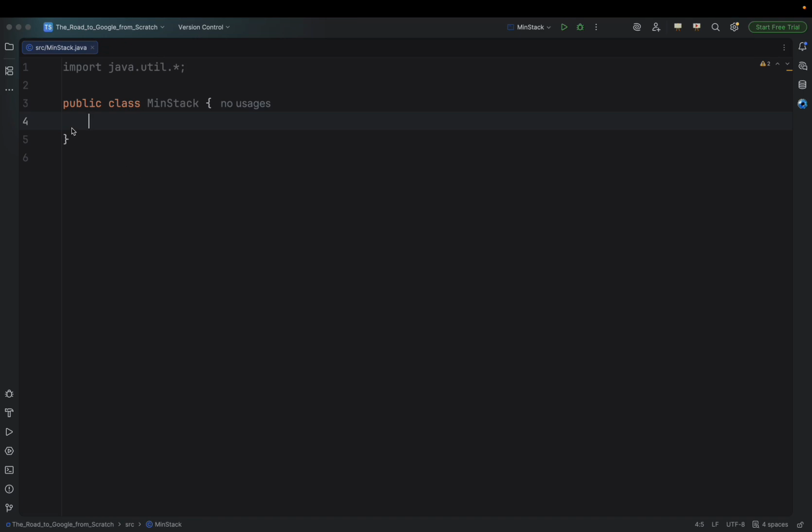And I have created a class which I called MinStack. All right. Now the first thing which I want to do is create two stacks which I will use for my custom implementation. So let's declare here two fields, two variables,